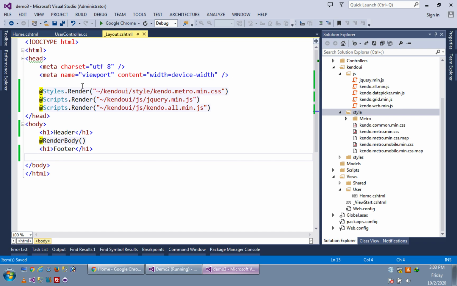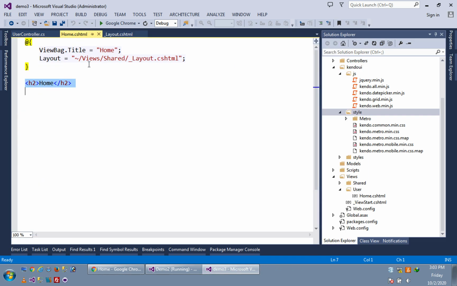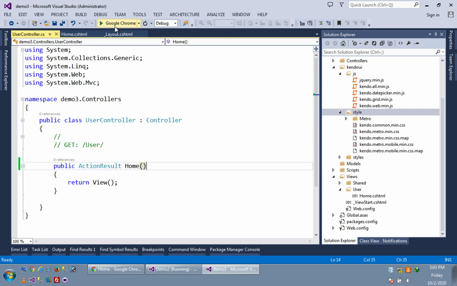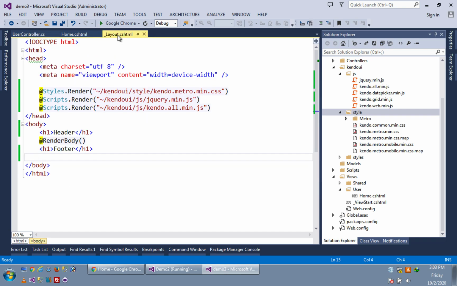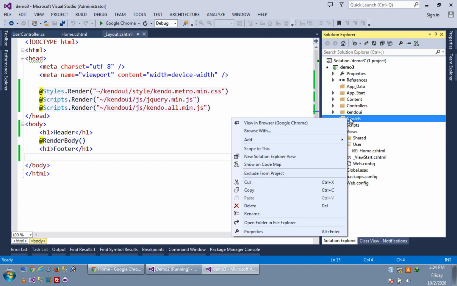So this is our final master page, and this is our child view page. This is our controller. Now today I am going to teach you how to add the Kendo UI grid into our view. For that I am creating models, add one class.